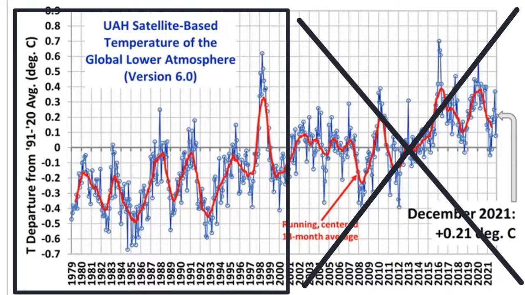We know why the temperature fell. Why did the temperature fall so much from that peak in 98 to that valley in 2000? A full degree, 1.8 degrees Fahrenheit. It fell because we went from an extremely strong El Nino to a very strong La Nina. And yes, we have the data. We have the data on that. We have the El Nino La Nina index. We know which way the prevailing winds were going along the equator in those periods,